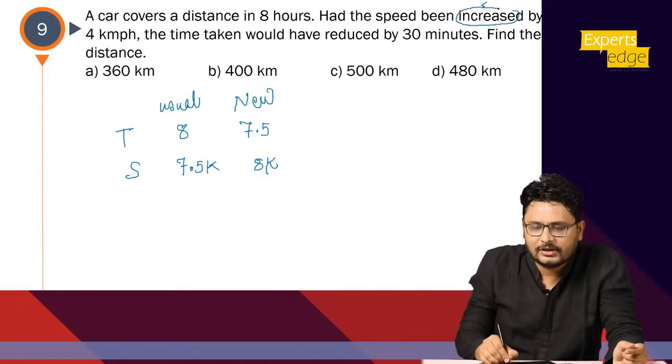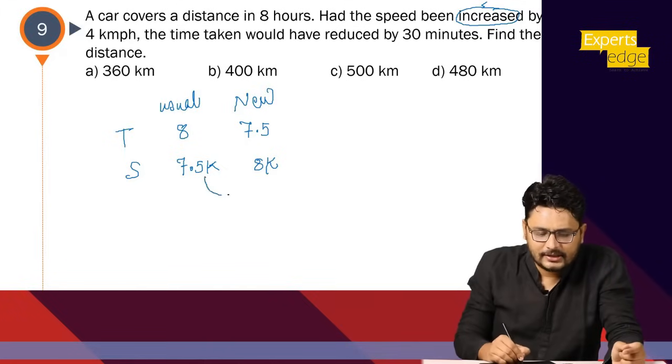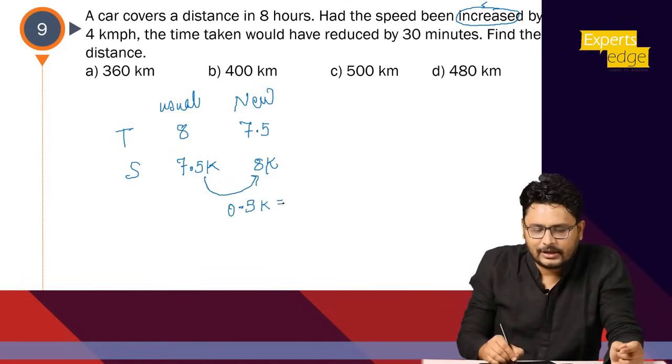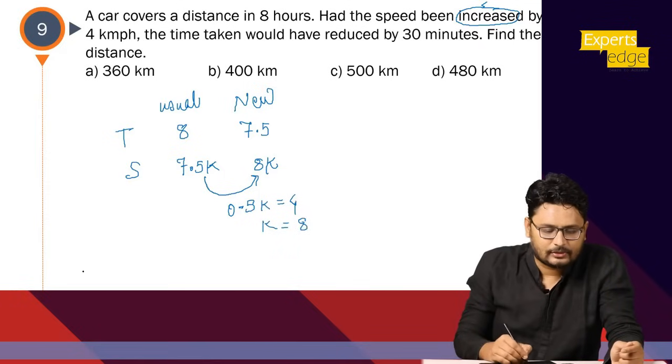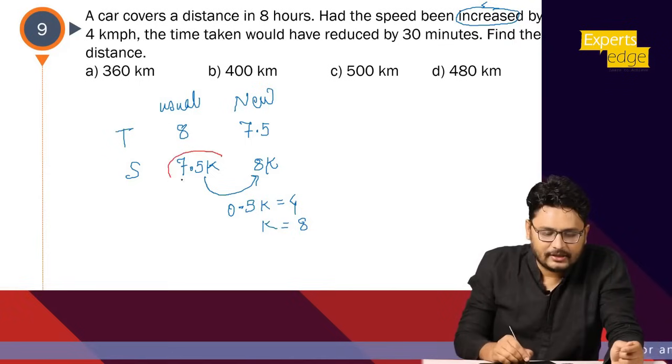Increase means nothing but it is a keyword of difference only, right? So hamara speed ka difference kitna hai? 0.5k, and this is actually increased by how much? 4. So mera k aa jayega 8, right? So if k comes out to be 8, what would be the speed here? 7.5 into 8,